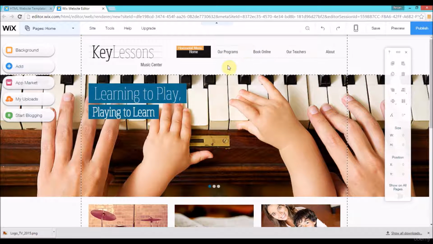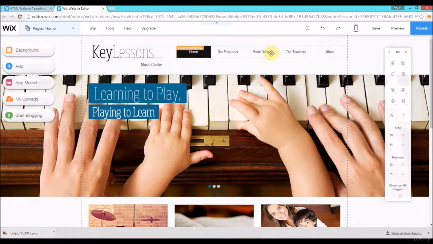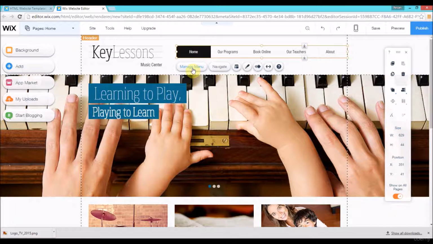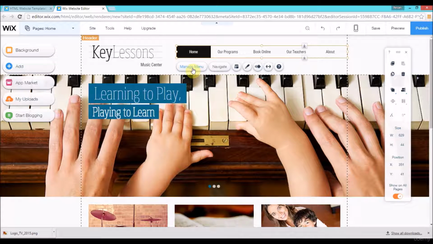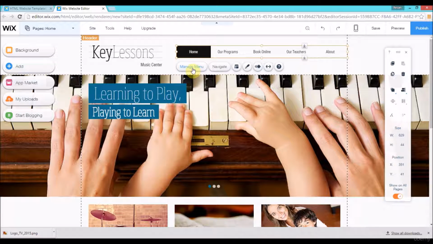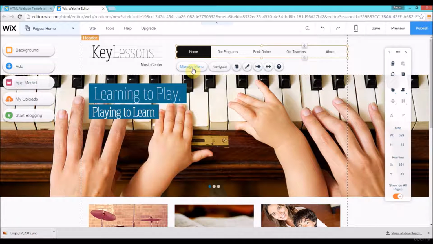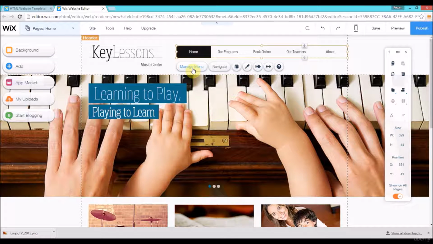So the next part is managing your pages and the main pages that you're going to have on the website. I'm going to be building out a website with you guys, and the website that I'm going to be building is for myself as well. I haven't created the website that I want for this educational blog that I'm doing. So what I'm going to do is actually build it out with you guys, and you're going to see the process I go through to build out my website. I'm going to go